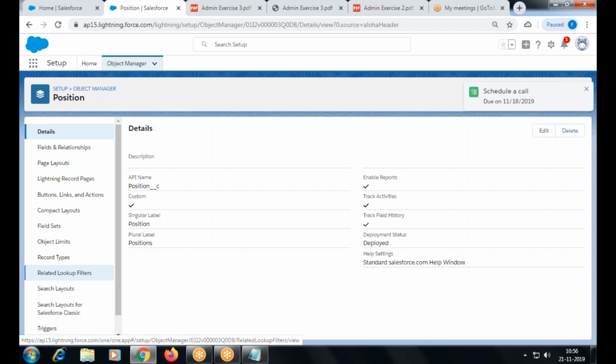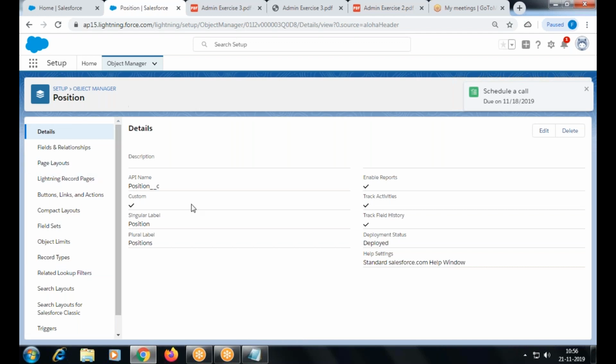There is no difference as you have in your application. A classic application cannot be visible in Lightning, right? Unless you enable show in Lightning experience. But there is no difference in the objects. Object is a database, so it's available in both places. Either you create there or here, it's going to be available in both places.